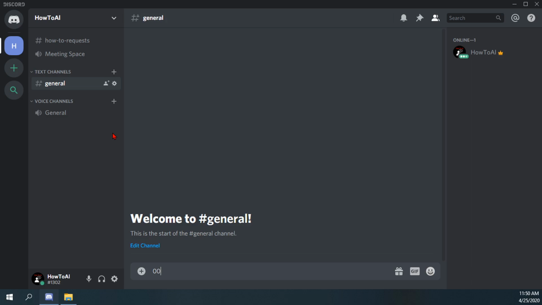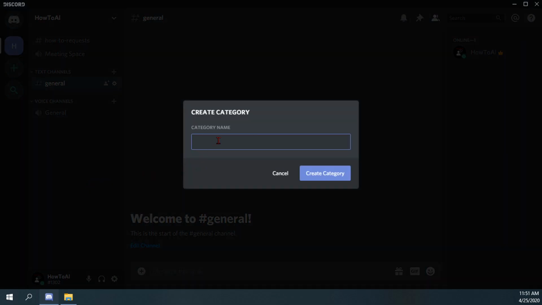How to create categories inside Discord. So, from your server or a server that you are an admin of, locate the channel section, and then within the channel section, go ahead and give it a right click, and then from the submenu, you'll see there's an option to create category. Go ahead and click on the create category option, and then for this, we'll just name